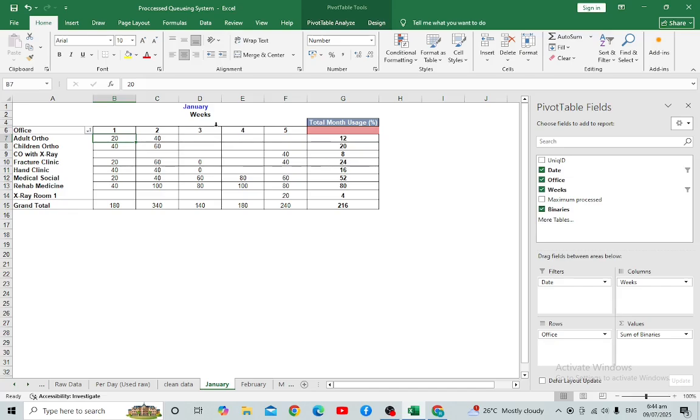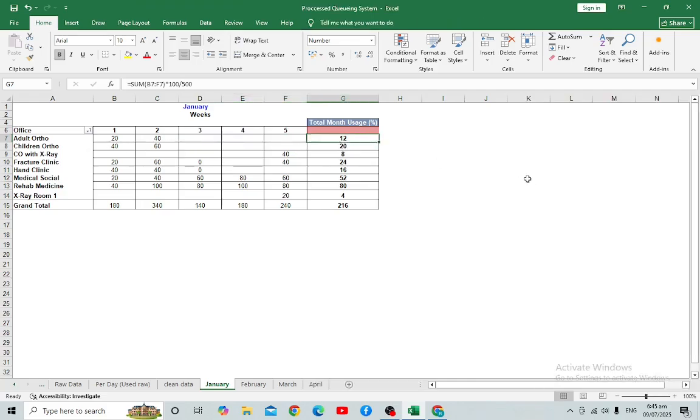As you can see, adult ortho in the first week has 20% usage. The second week is 40% usage, and the rest of the weeks the clinic didn't use the queuing system. So for this month, adult ortho has only 12% usage of our system. Another example is medical social.